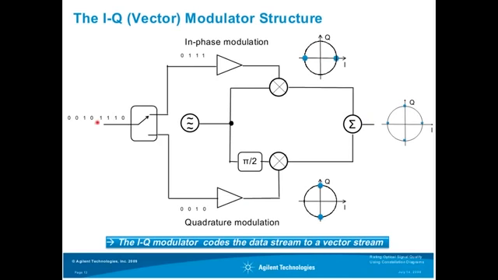At the entrance of this transmitter, you see here the original bit data stream. This goes to a 2-to-1 switch, which switches with a symbol clock between the in-phase path and the quadrature path, leading to this new